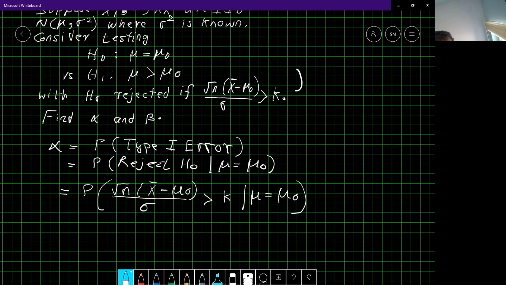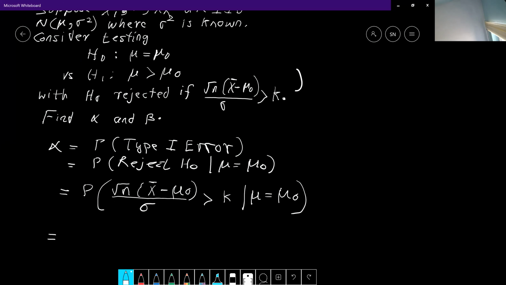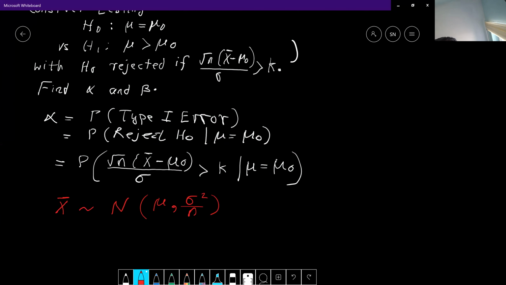Now, I think I told you a long time ago that if you have a random sample from a normal population, x bar, the sample mean, has a normal distribution with parameters mu and variance sigma squared by n, right? This is a property I stated when I talked about the normal distribution, and this implies